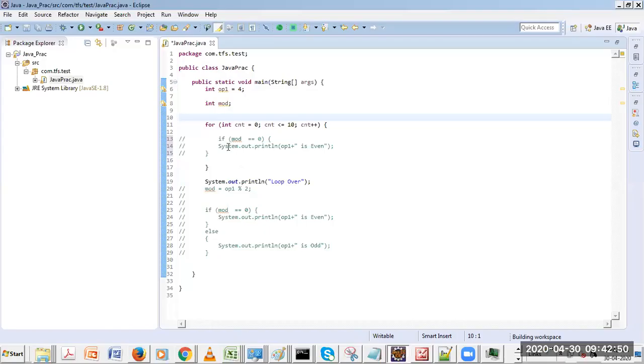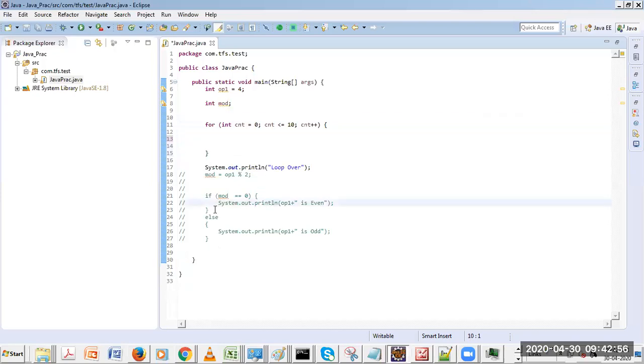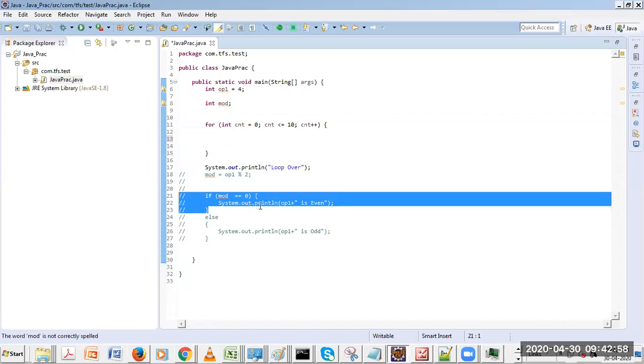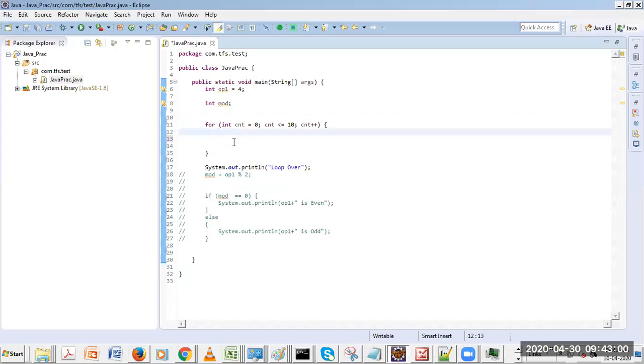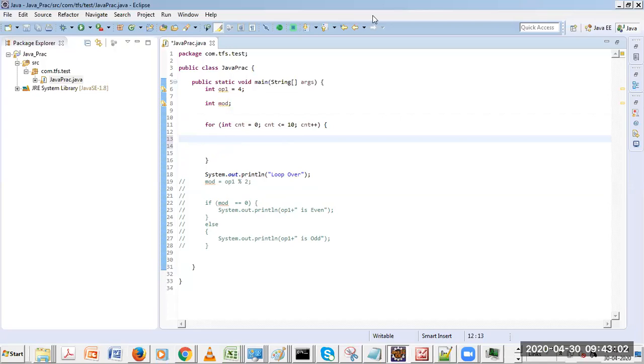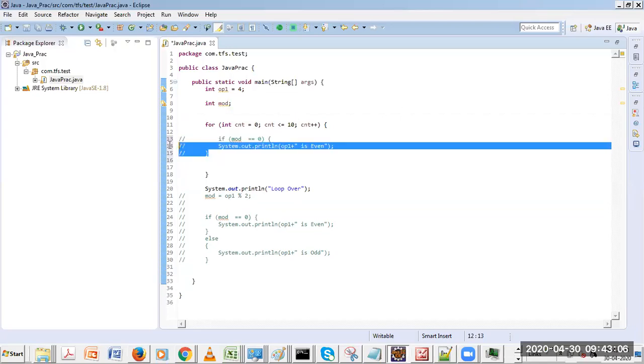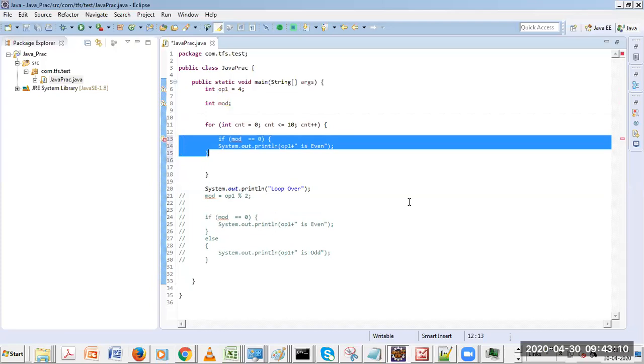Yes, my code, what we were trying to discuss. So what I did is, you understood, I just copied this piece of code which will give me the condition for mod. I'm trying to save my time over here, as you can see my screen as well. And then I'll uncomment this code, which is Control plus slash.